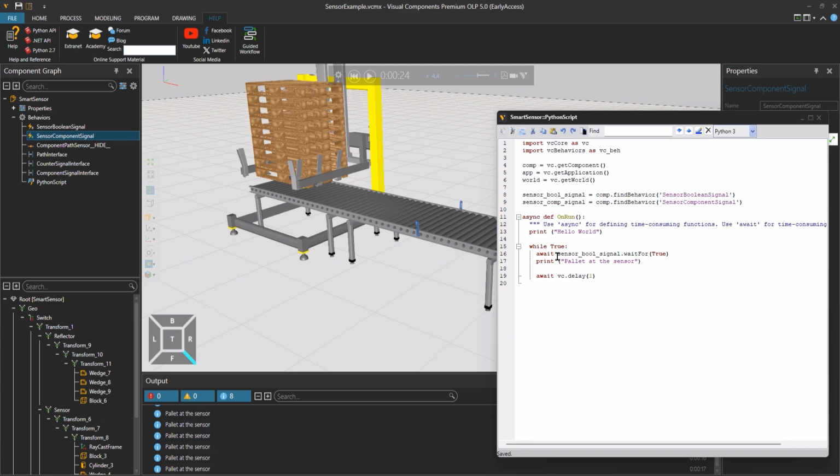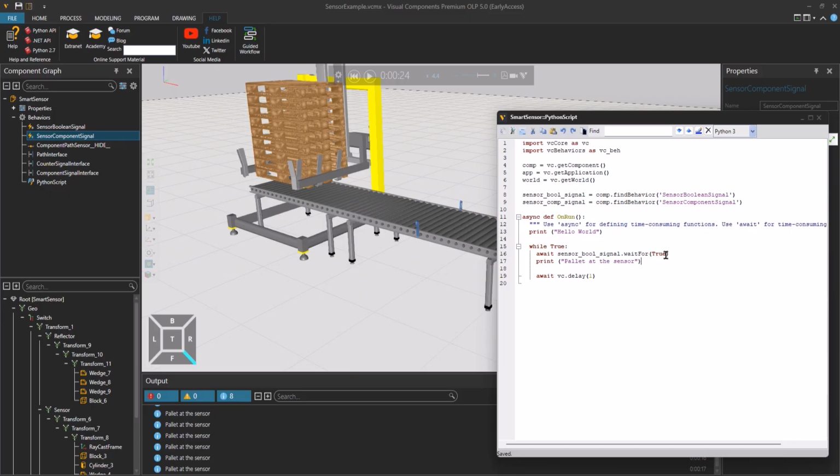So what happens is that this line waitFor waits that the sensor is true, then we have a 1 second delay, and then it checks again if the sensor value is true. It never waits that the pallet would actually leave the sensor, which we want, because for each pallet we want the while True loop goes through only one time.